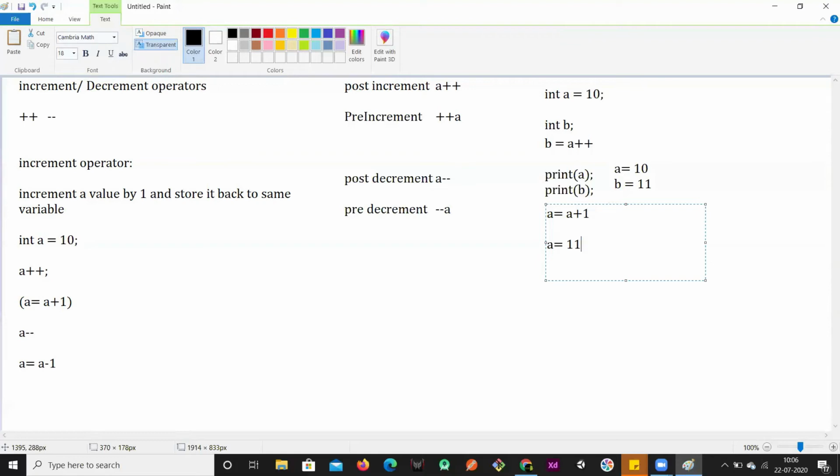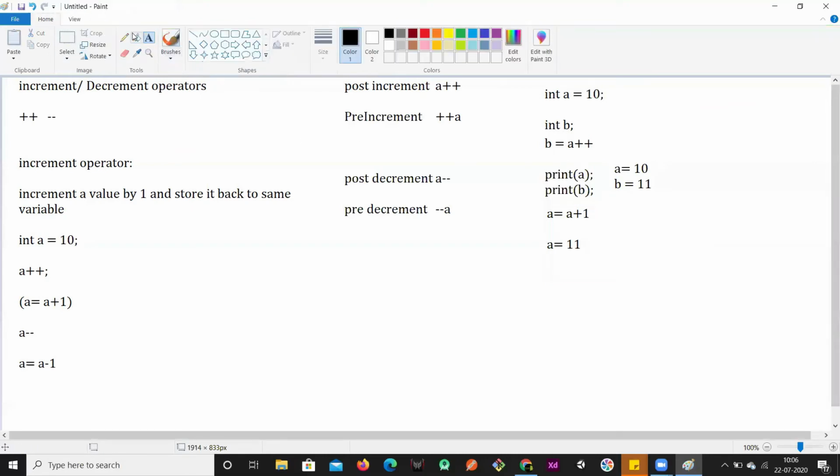But since it is a post increment, before incrementing it, we are assigning the value of a to b. What is the actual value of a initially? It's 10. So 10 will be assigned to b.